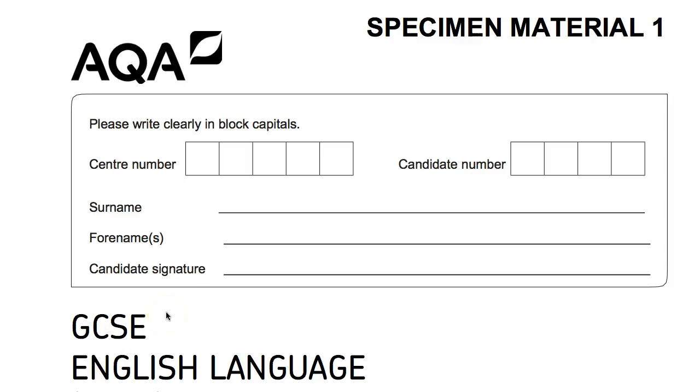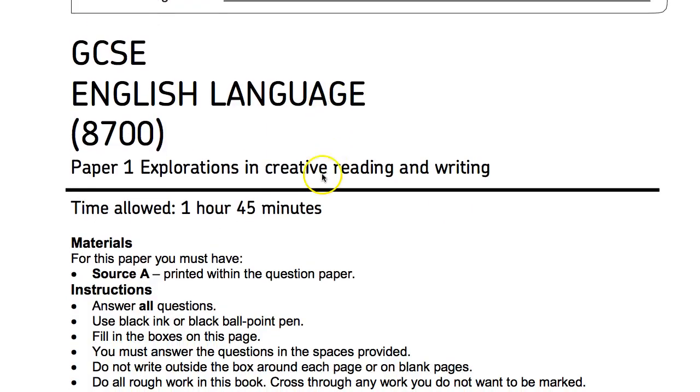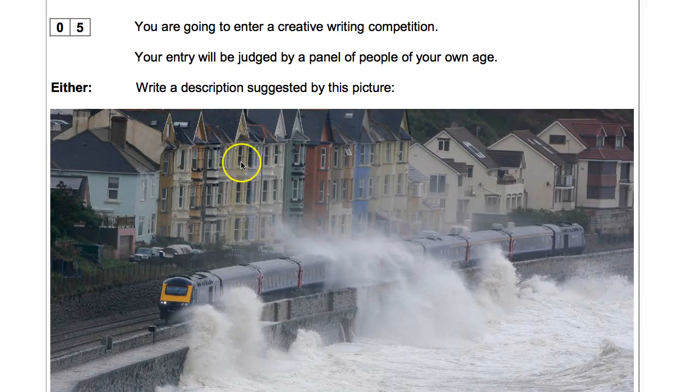So if you want to find this question, we're looking at specimen material 1. It's the creative reading and writing paper, and you can find that directly on the AQA website. This is the question we're looking at, and if you followed my videos, you will know that there's a danger